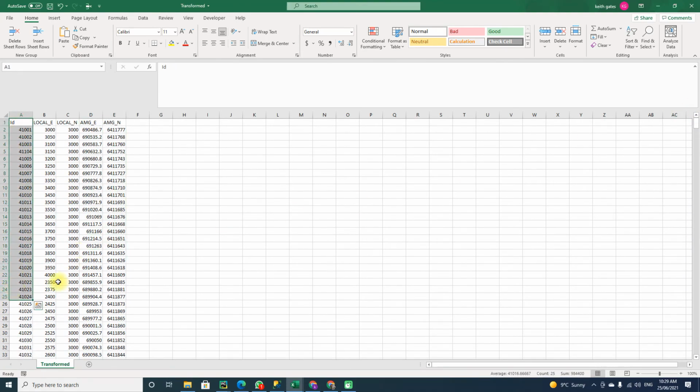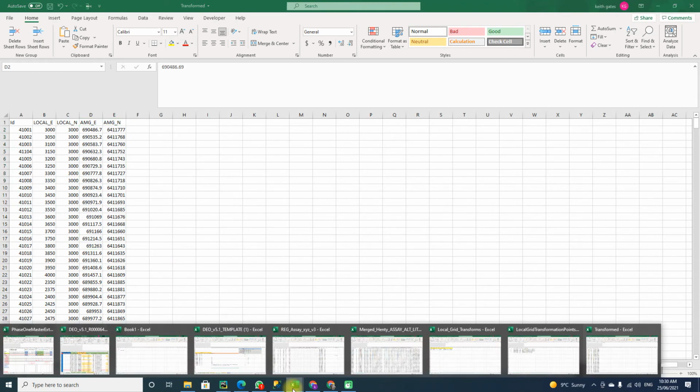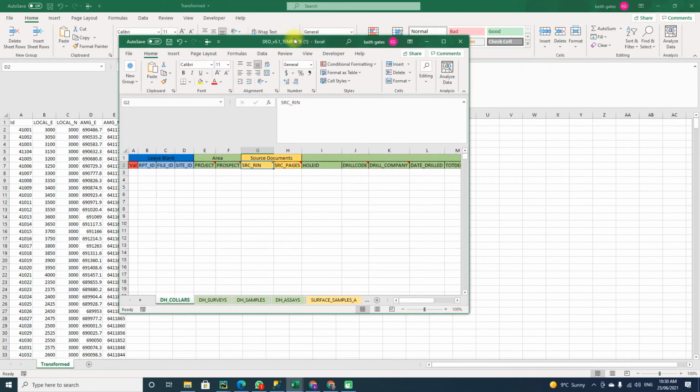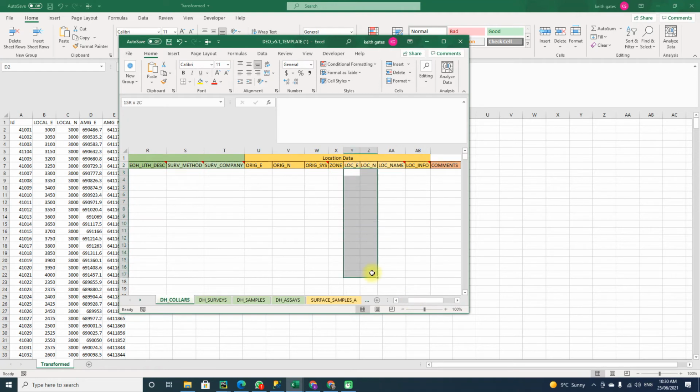So we included the ID so that when we copy and paste this back into the DEO, because what we're going to do then is take these coordinates we've extracted from the report and populate the UTM coordinates. So in a DEO object, if I've got one open, let's just look at this one for instance, you may have a bunch of local Eastings and local Northings, but we don't know what these are, so we're just going to